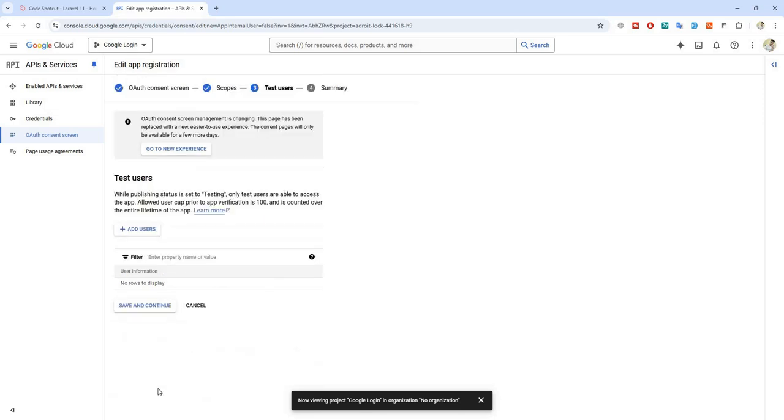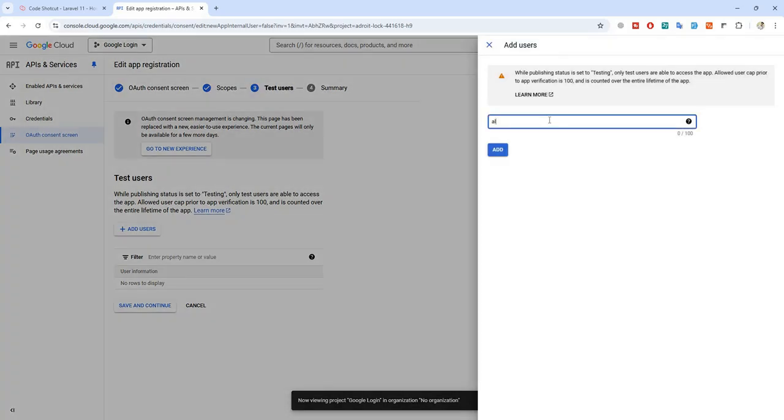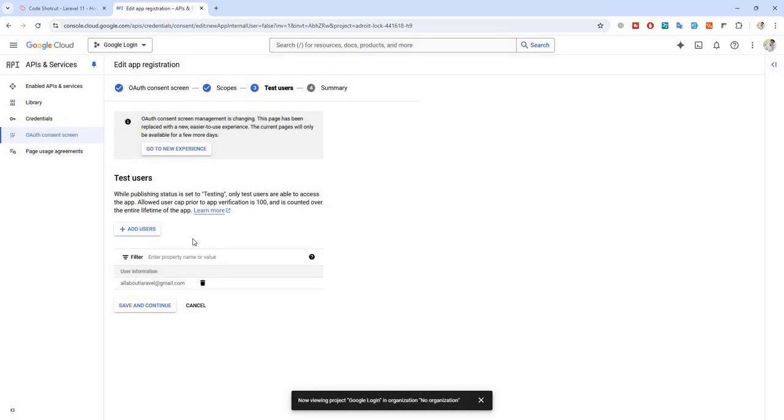Save and continue. Now right here, test user, we need to define the test user. Why? I will tell you. First, let's add the user. Add user. Once again, same user. All about Laravel@gmail.com. You can define multiple user, whatever email you have, you can define it. But just keep that in mind. For the testing purpose,